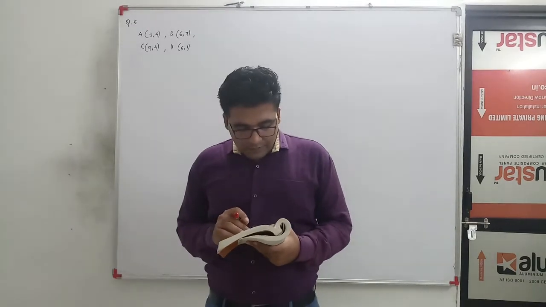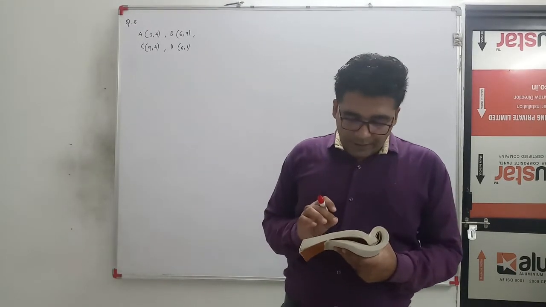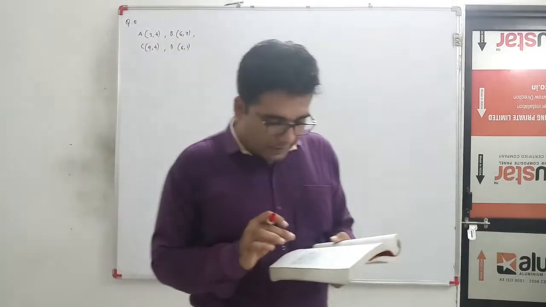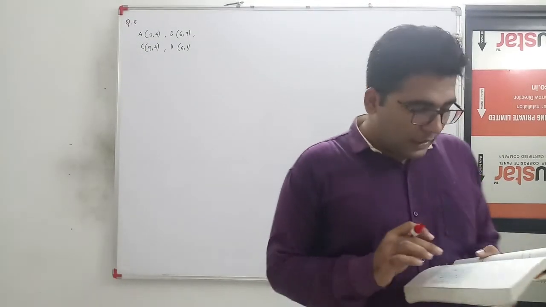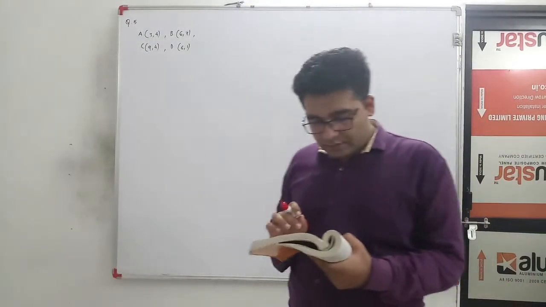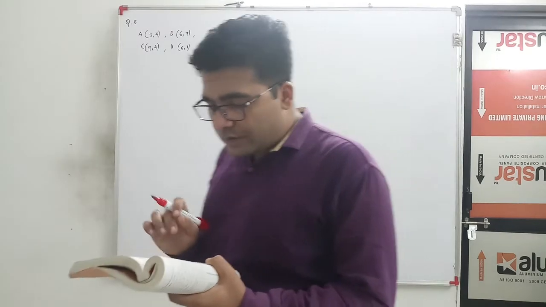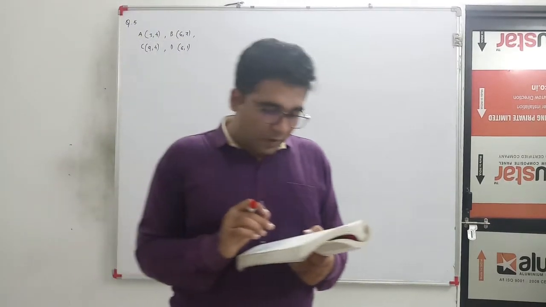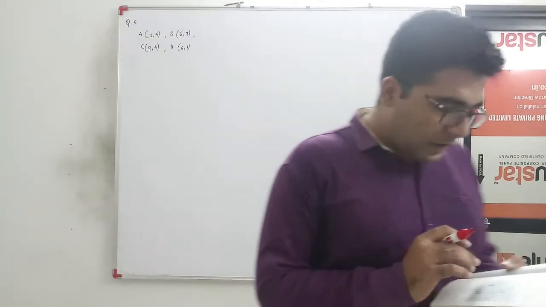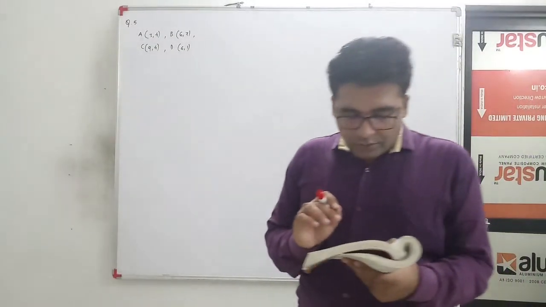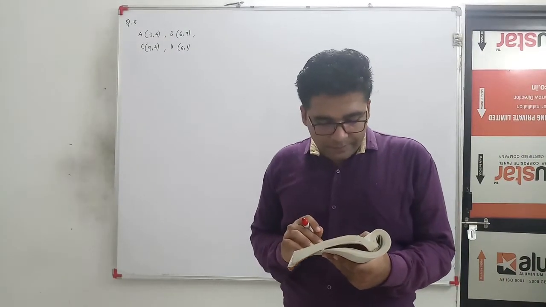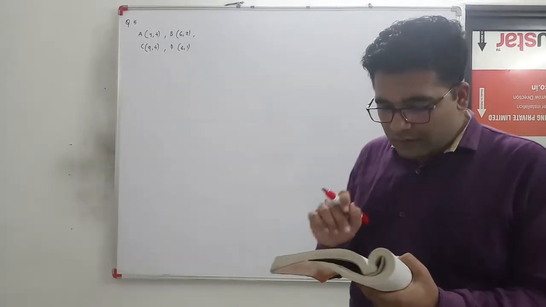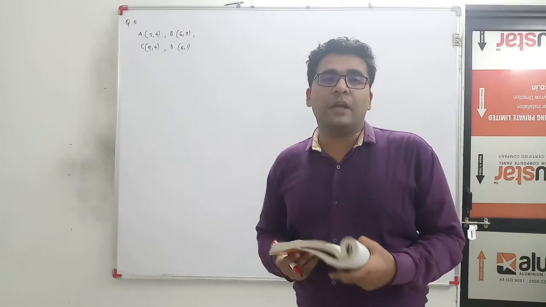Question number 5 is: in a classroom, 4 friends are seated at the points A, B, C and D as shown in figure 7.8. Champa and Chameli walk into the class, and after observing for a few minutes, Champa asks Chameli, "Don't you think ABCD is a square?" Chameli disagrees. Using the distance formula, find which of them is correct.